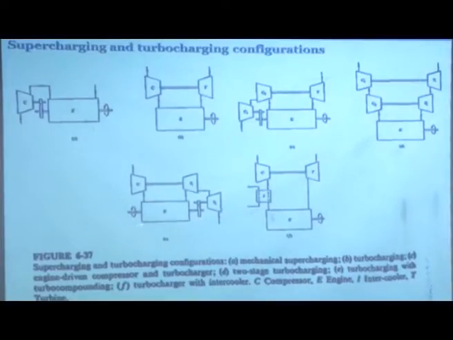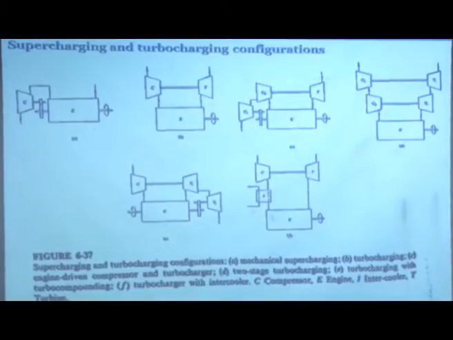Here you see this is a very strange thing, you have a compressor which is being driven by a turbine. So, what is this? Turbocharger, and here you have another turbine and then here you have a gearbox. So, that means that this is a turbocharger, but here more mechanical power is being produced. This mechanical power is augmenting the power produced by the engine. This is called turbocharging with turbo compounding. So, now the power instead of being sucked from the engine, it is being provided to the engine by this extra turbine.